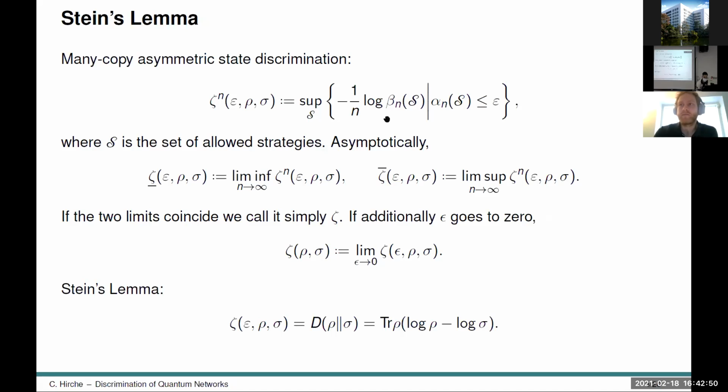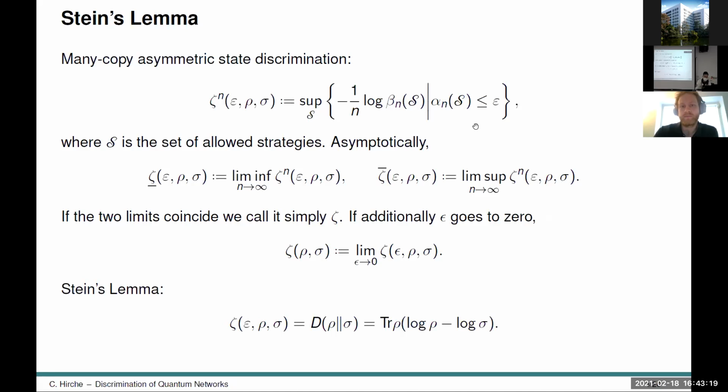And this we get because it's quite easy to see that the error is going to decay exponentially if we take more and more copies of our input state. So now we take the error beta in the first formula on the slide, and we take minus 1 over n log beta to get the error exponent, at the same time restricting alpha to be always